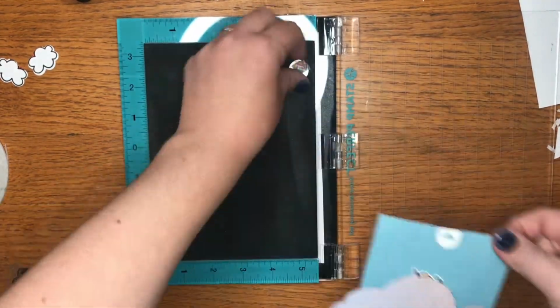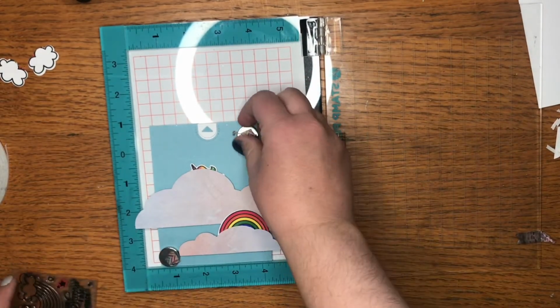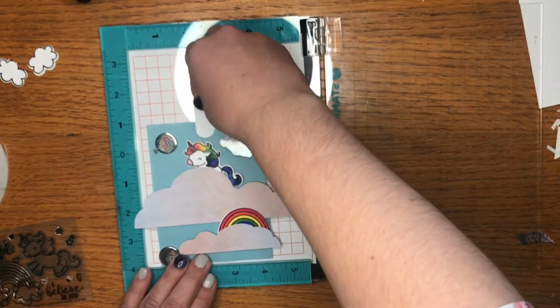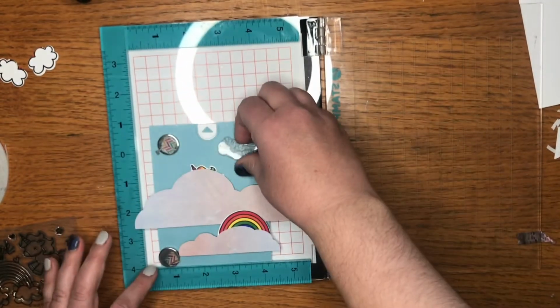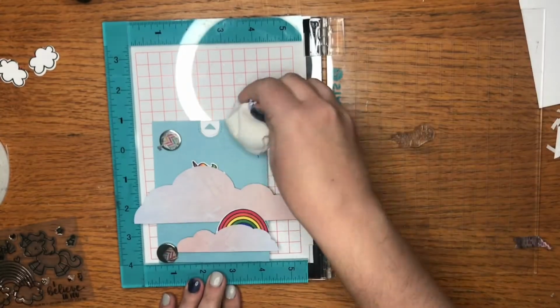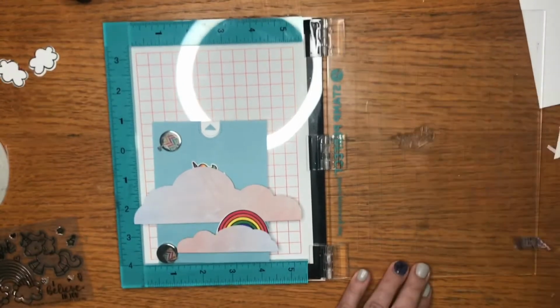So here I am stamping. I'm going to heat emboss my saying. It says, "I believe in you." And then I can use this as a birthday card or an encouragement card, just depending on what the situation calls for. So now that I've got my placement,